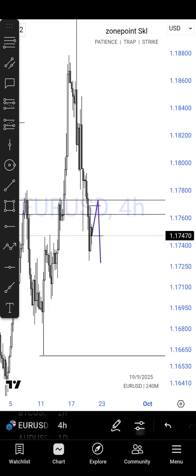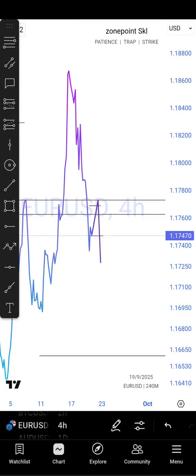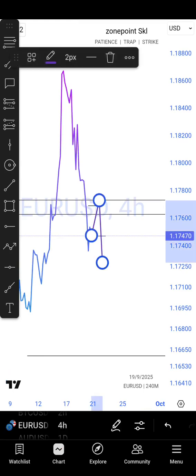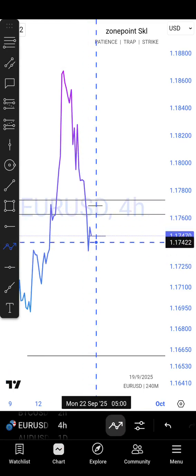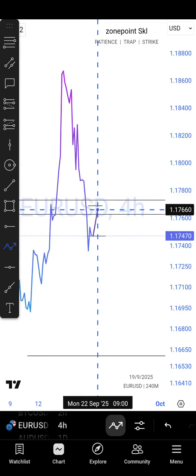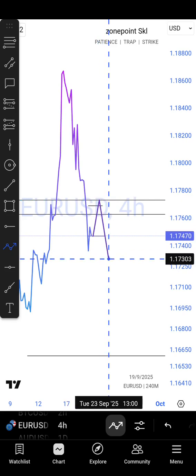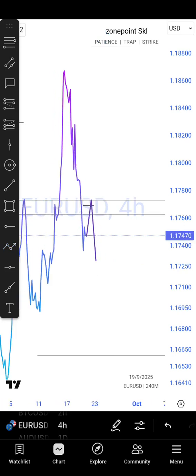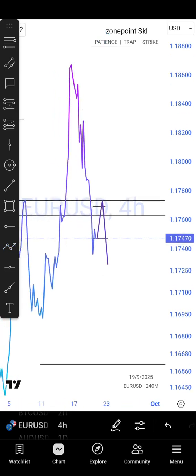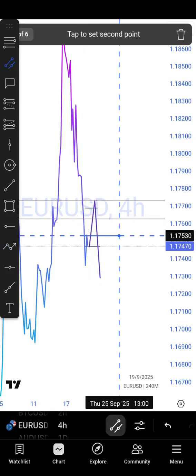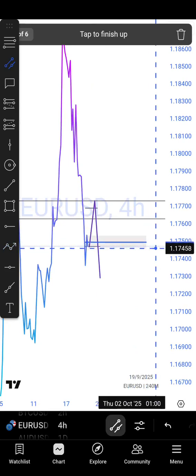So let's just assume, let's just see what will happen. Let's assume that price taps into that level now, then breaks below it. Okay, it's what I am explaining now. Price moves up, takes out this liquidity, taps into this level, breaks below it, giving me a bearish break of structure. Where do you think I'll possibly be entering from? I'll be entering from this level here. My re-entry will be from this level back,